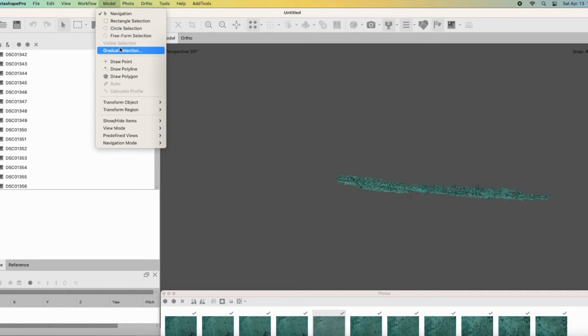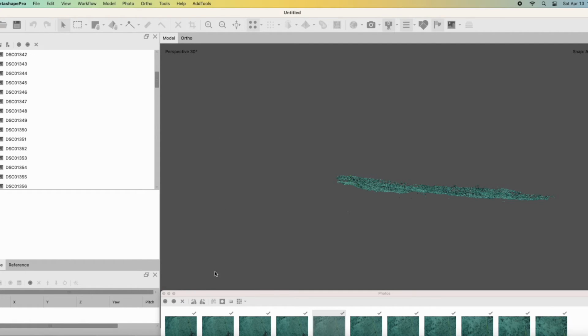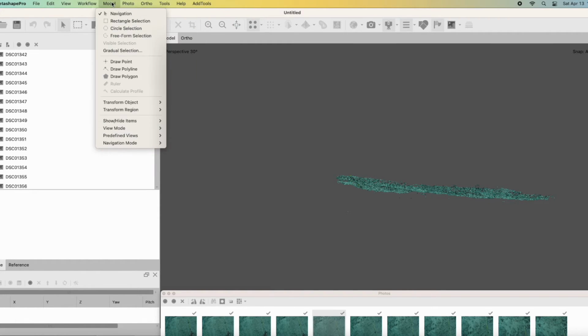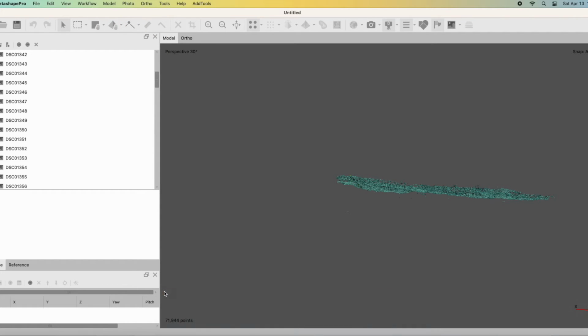We're going to click model. We're going to click gradual selection again, and this time we're going to click projection accuracy. You'll see I cancel out here, and that's because you want to be able to see the info. So I click model, show info. I got very confused because it said it's already showing the info. To see that info, you just have to exit out of that box down there, and now you'll see all of your projections down there,